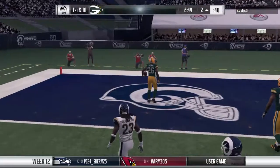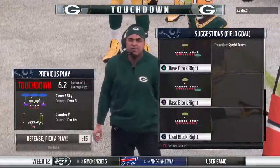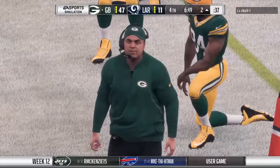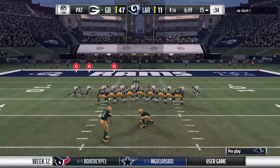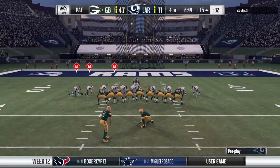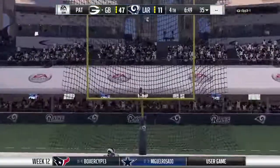And he's going to take it in. Touchdown, Packers. Tevin Coleman, his 11th touchdown of the year. And the Packers are pouring it on. And now we've hit that stage of the game, partner, where one of our predecessors, one of the great commentators of all time,